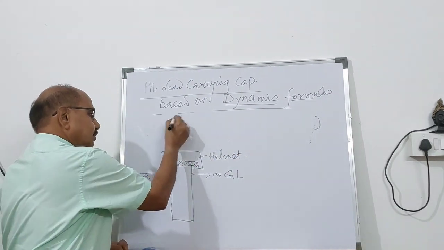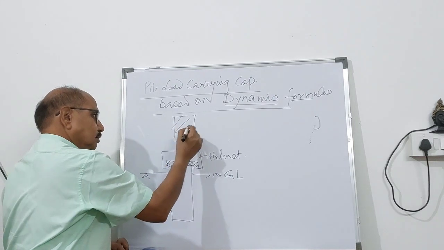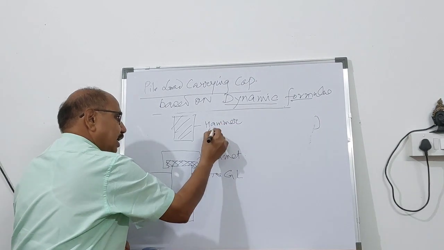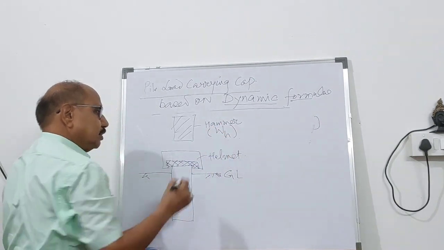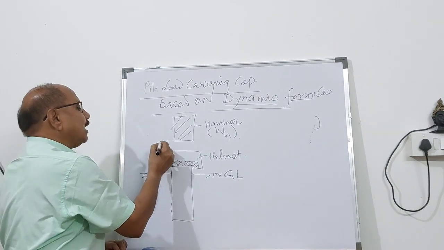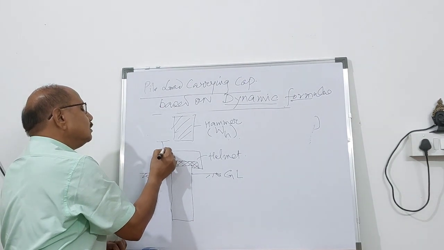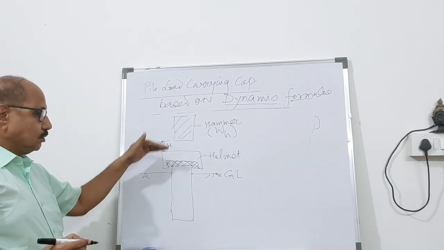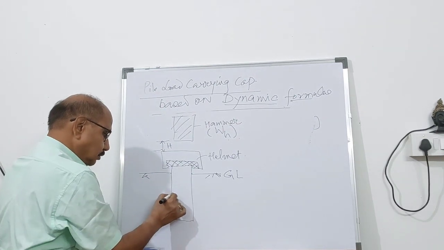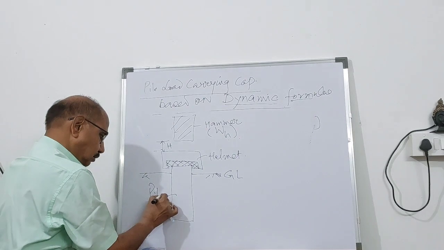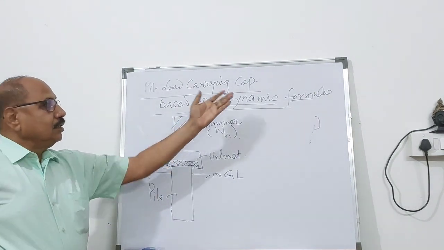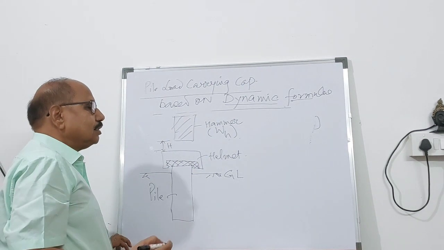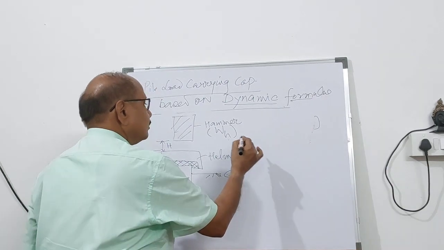you can have a hammer. With the hammer, the weight of the hammer is WH. This falls from a height capital H, and it is going to have an impact over the pile. So this is the pile. Then you can apply the dynamic formula. So depending upon the weight of the hammer, how much is the total energy that's being